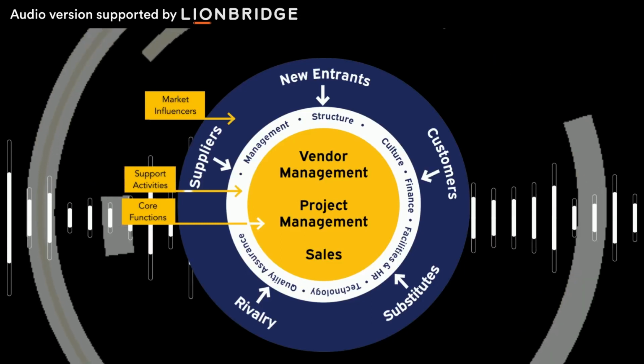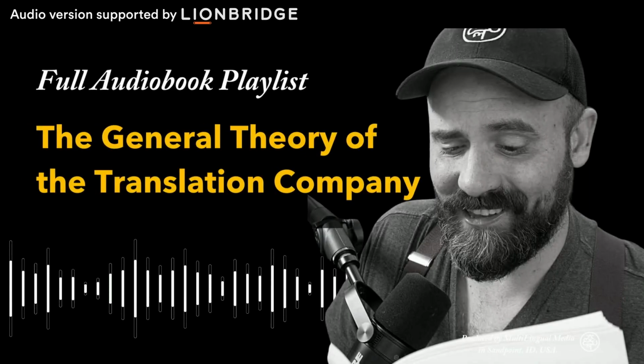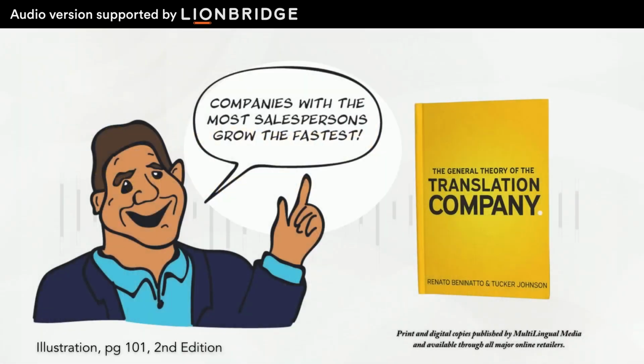Sometimes this is by design. It makes sense, for example, to not grow too fast or by pursuing the wrong type of clients, and every LSP is free to follow their own growth strategy. However, if growth is your goal, then it may be time to hire more salespersons. Send them off to build relationships and continue to invest into sales and marketing to sustain growth.